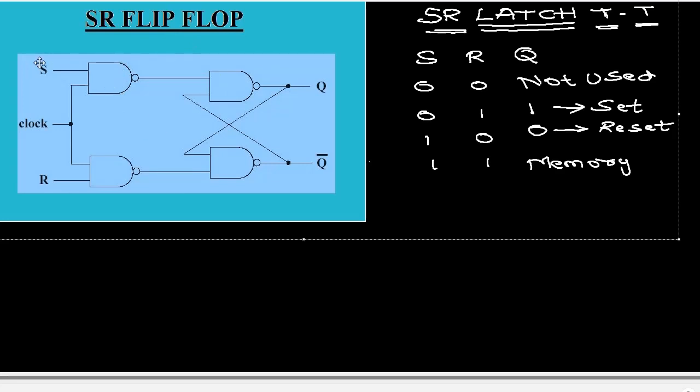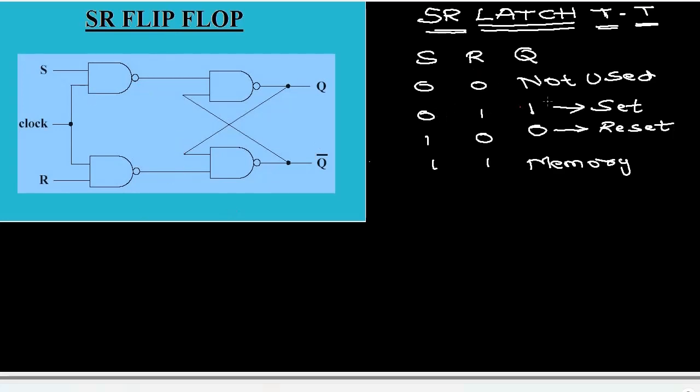In the SR flip-flop, one input value is S, another input is clock, and for the other NAND gate, the inputs are clock and R. These are the first input values for the SR flip-flop. These output values are connected with the SR latch. Here the SR latch is called the feedback or memory element. Now we are deriving the SR flip-flop truth table, characteristic equation and excitation equation also.